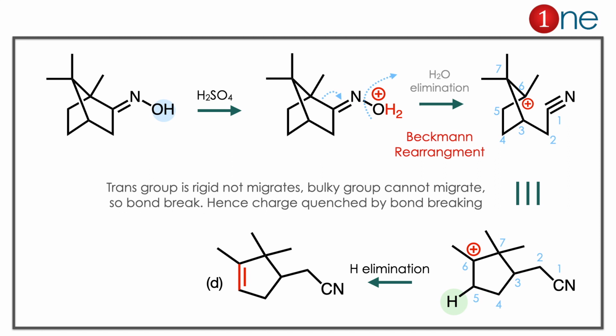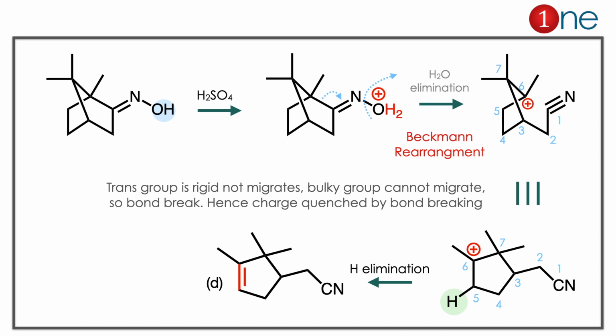So what really happens is a peculiar kind of thing. A single bond moves and becomes a triple bond between carbon and nitrogen. So a carbon-nitrogen triple bond is called cyanide. Now let us redraw perfectly. You get the cation at the 6th position. It becomes a 5-member ring. Here the cation has to be quenched. How does the cation get quenched? By removal of H. Removal of H leads to the alkene there, which is answer D.